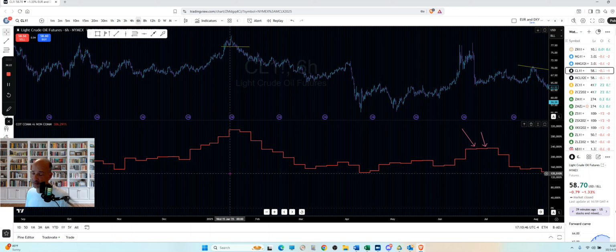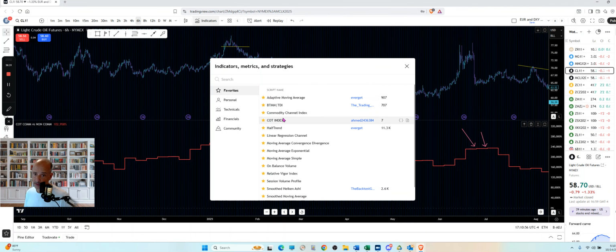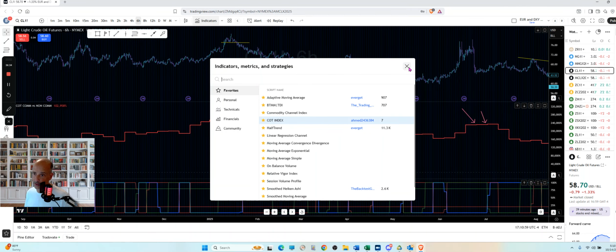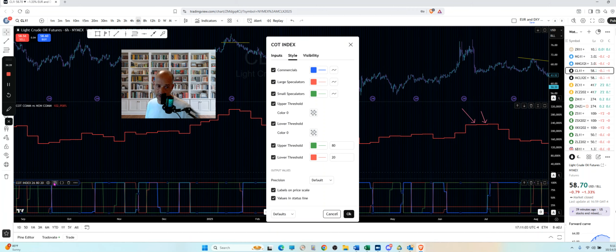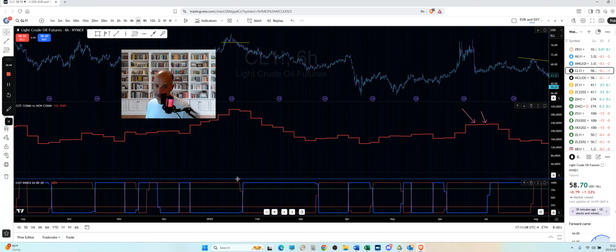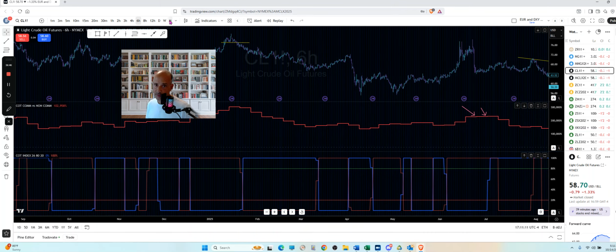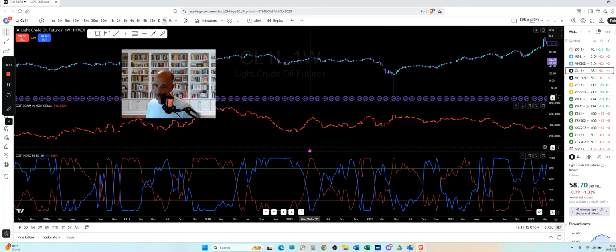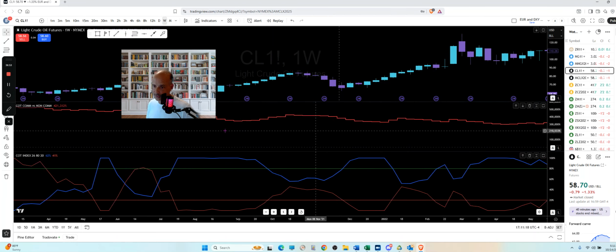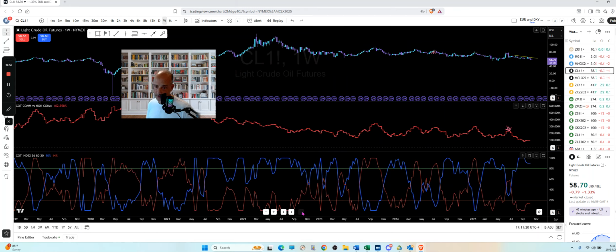I went through a lot of them. I don't find a lot of them really useful at all. The COT index one, which is very similar to the one on Insider Week, this one right here, I showed you guys before. It's this one right here, and again, I just turn off small speculators, right? And I got this kind of crunched down. But see, the thing is with this one, you're supposed to use it on a weekly chart. Okay, it's not really usable on a shorter time frame. Let me just reset the chart.